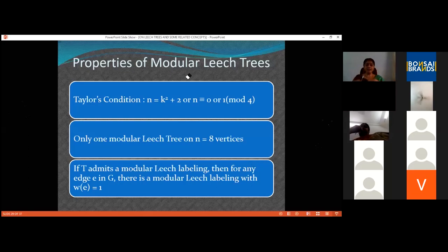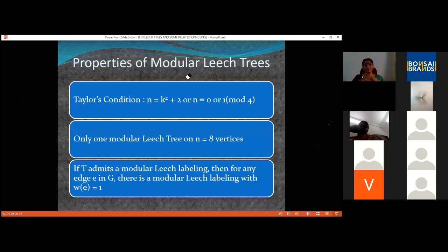So without assigning label 1, say if I am assigning label 15 to one edge and 2 to a neighboring edge, we get 15 plus 2, 17, and 17 is equivalent to 1. So without labeling an edge using the edge weight 1, we can get a path of weight 1. So such a result does not hold for modular leech trees.